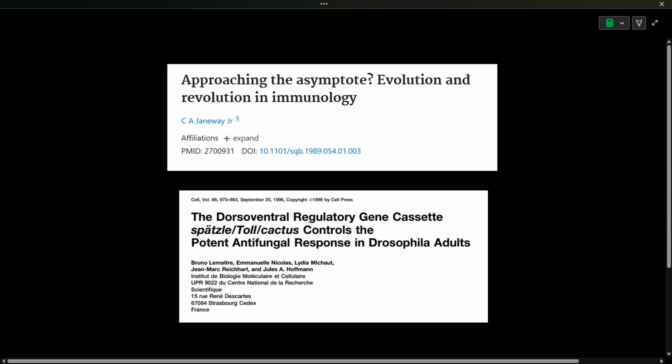Innate immune mechanisms in Drosophila were studied by researchers Bruno Lemaitre, Nicolas, and Jules Hoffmann, and that gave evidence for the theoretical framework given by Charles Janeway. Whatever Charles Janeway discussed in his essay in the Cold Spring Harbor Symposium back in 1989 was considered speculative. But this paper, which was published a few years later, gave us the evidence